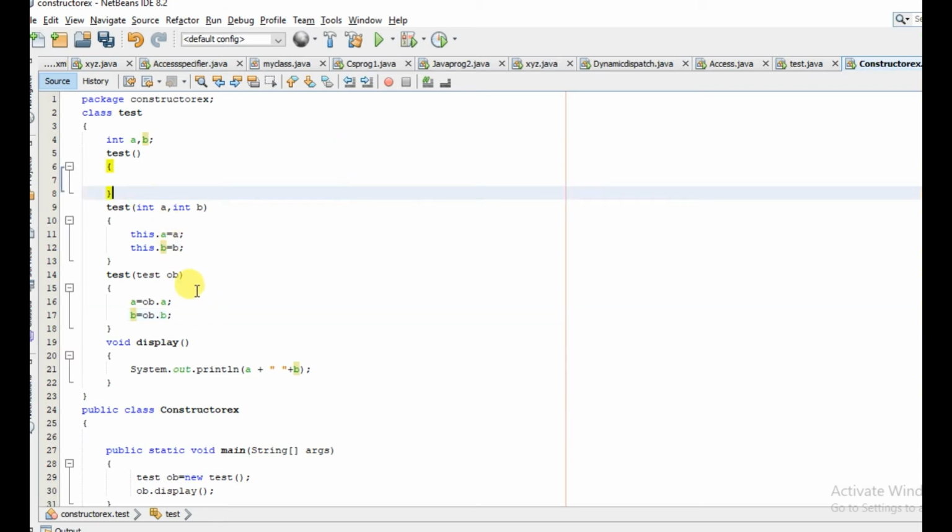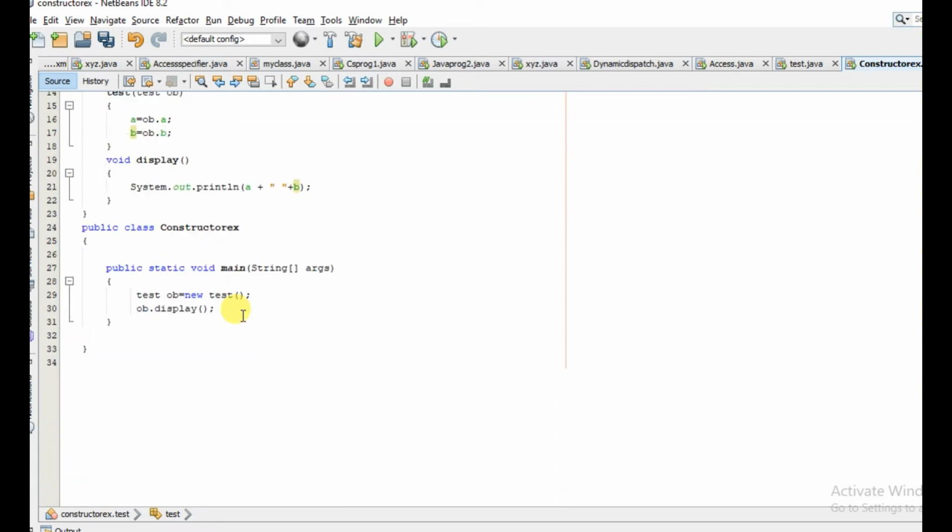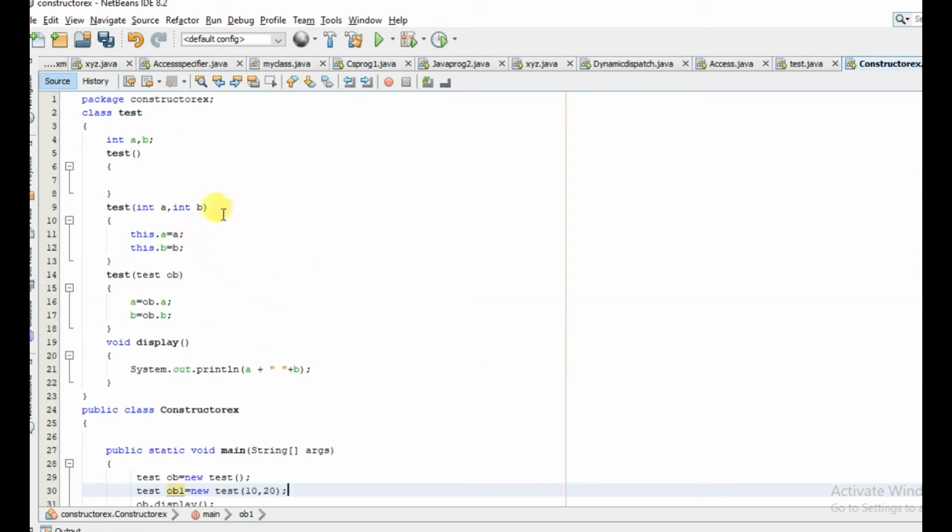Okay, so we have done with the constructors. Now let us create another objects of test class. Test ob1 is equal to new test, and suppose let us pass 10 and 20. So this will invoke our parameterized constructor here.